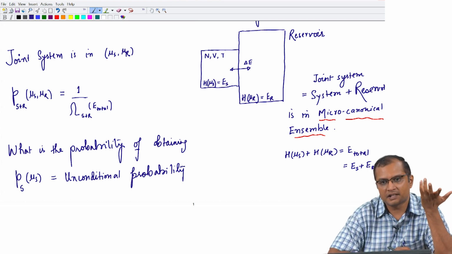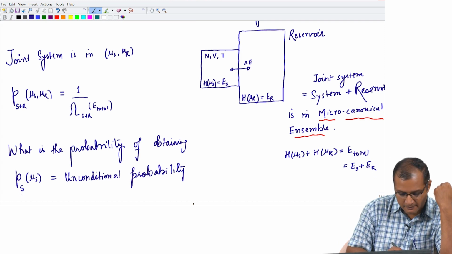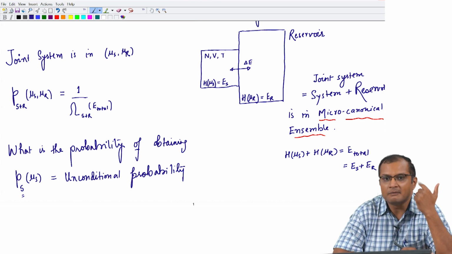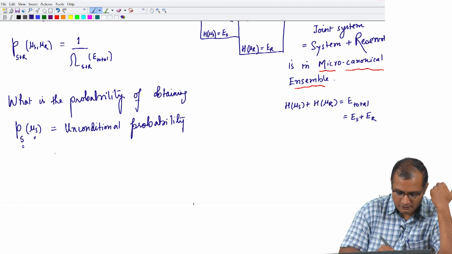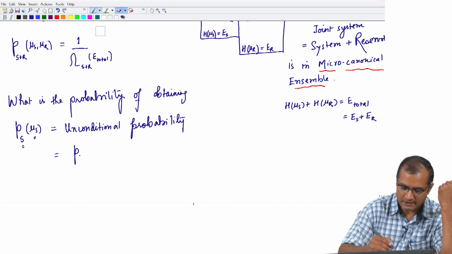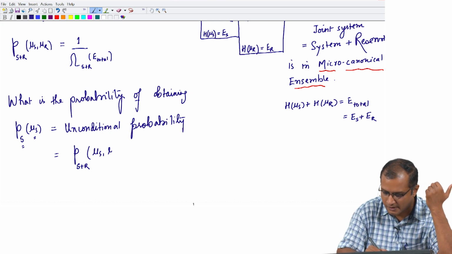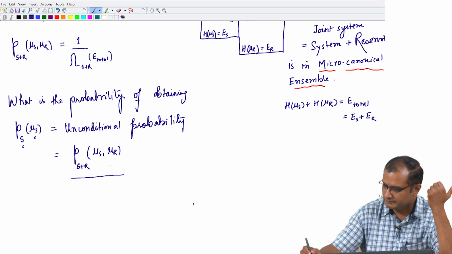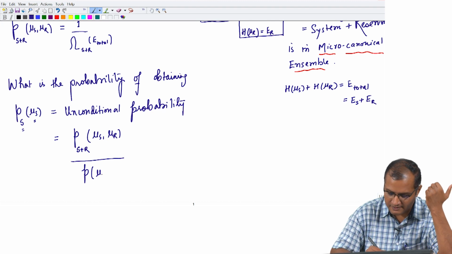that my system is in microstate mu s. I do not care about which state my reservoir is, give me the probability of finding my system. If you look at the subscript, I am just using the subscript s, give me the probability of finding my system S in a microstate mu s, okay. And this can be answered by virtue of Bayes theorem, is that if I have the total joint probability, if you recall the Bayes theorem, then I can simply say that this is nothing but the joint probability or total probability of obtaining the system in this doublet divided by the conditional probability